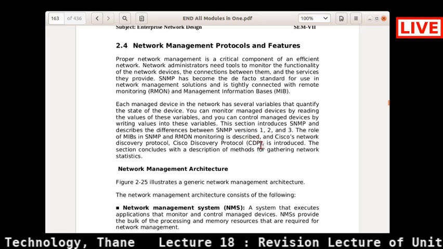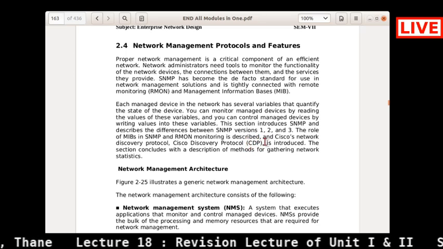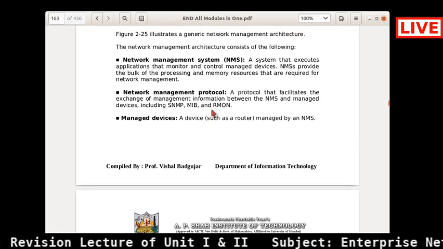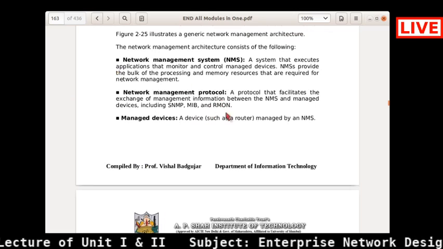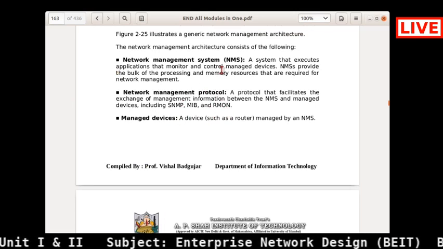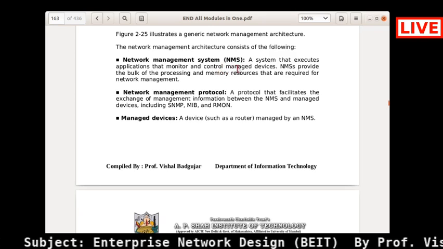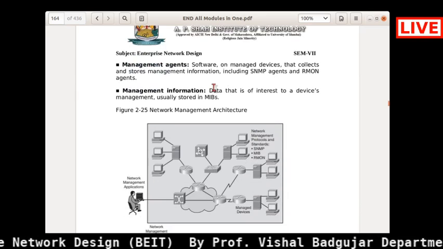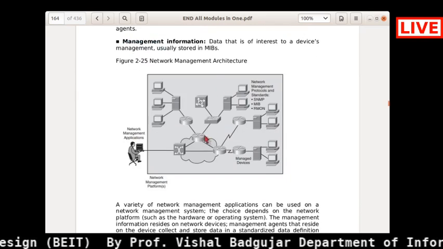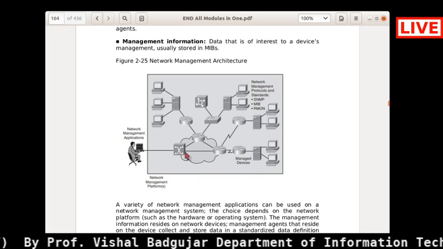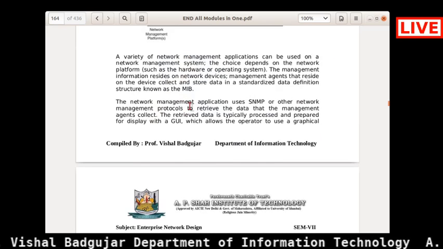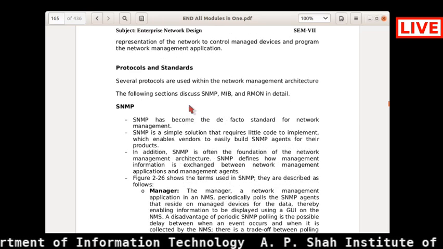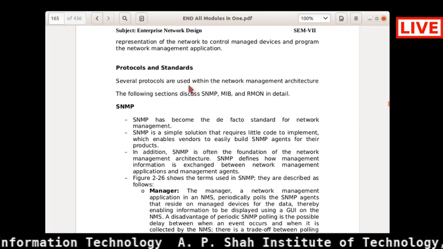It will be remembered, right? Okay, so one NMS, network management system, will be there, which will be useful for all the orchestration of the different protocols and different devices, with the help of some MIBs, right? So if you consider this particular diagram for that, then protocol, then you must know what are the different protocols